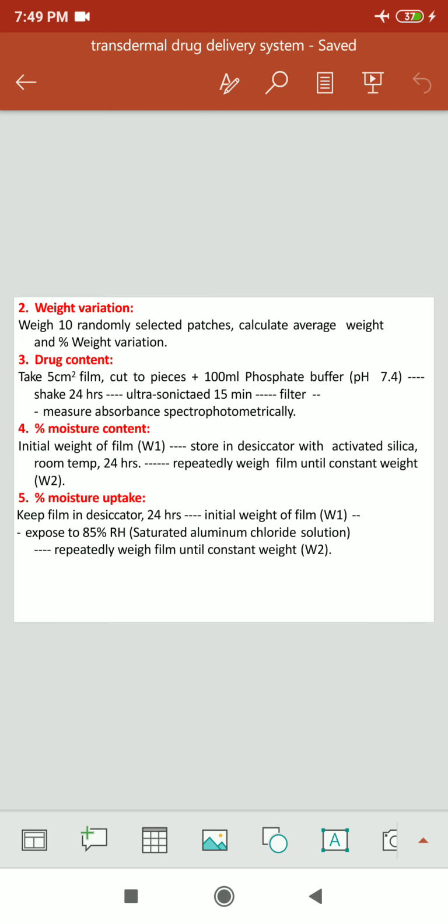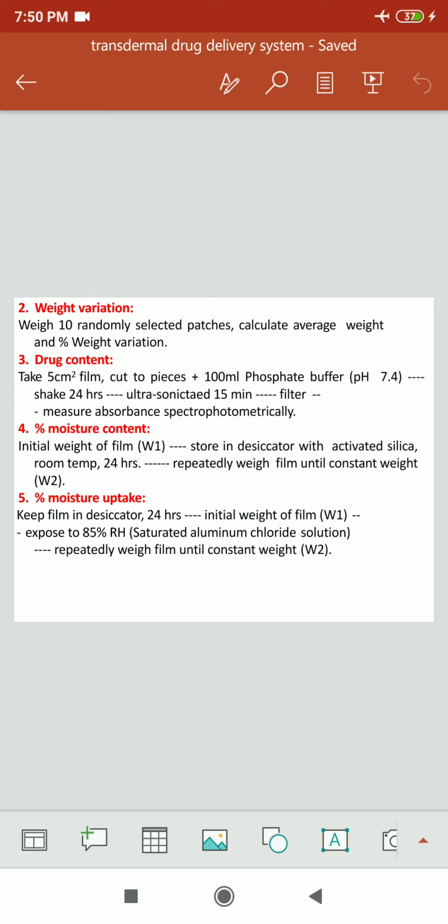Weight variation: randomly take 10 patches and measure the percentage weight variation. Drug content: using UV photometry, measure the drug content. Percentage moisture content: put the patches into a desiccator, and after 24 hours measure the amount of moisture content, and percentage